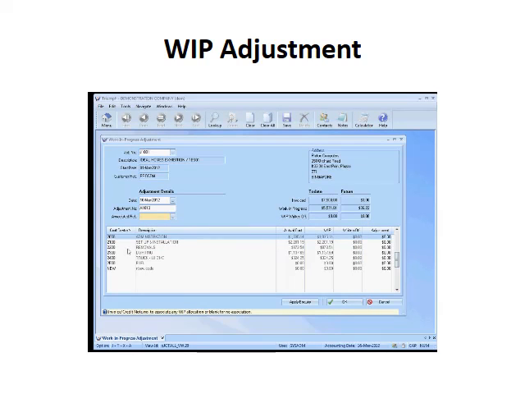So when I then come into this, system will automatically list out for me each of the different cost centres in there, what the actual costs are, the current work in progress, how much has been written off so far, and what adjustment I want to make. So I can come in here and I can write off $3,000 worth of work in progress